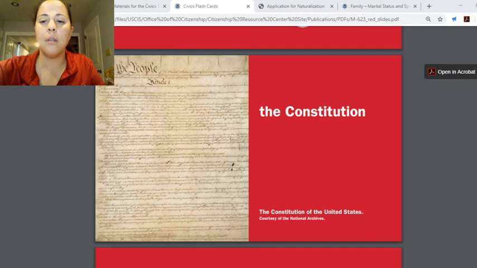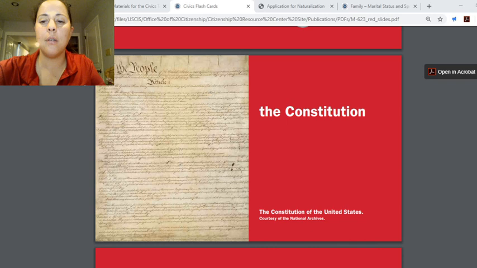Okay, so let's look at question number 2. What does the Constitution do? What does the Constitution do? Do you know? This is the front with the question of the flashcard. What does the Constitution do? Answer: